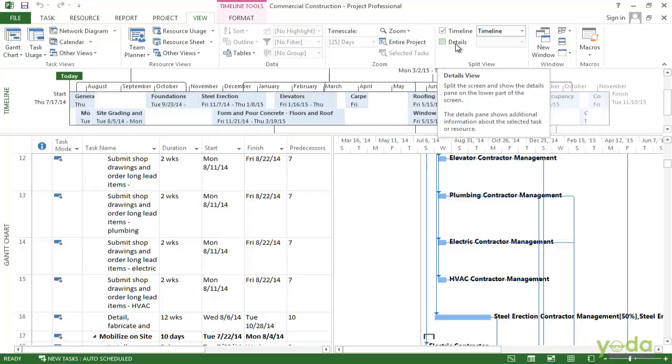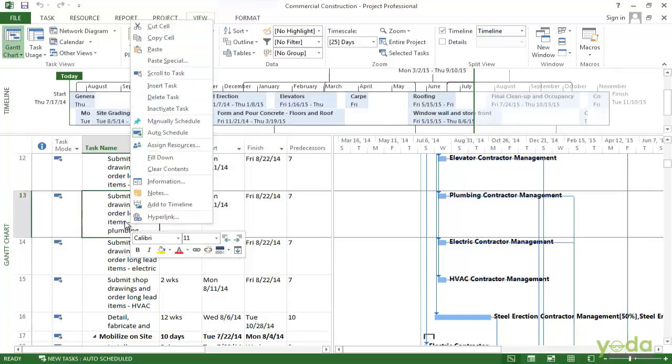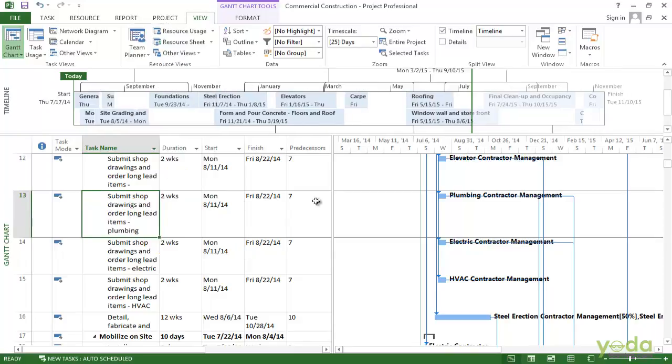It's really easy to add things to the timeline. So let's say we want to add a few tasks to emphasize them and keep our eyes on what's going on with them. All you need to do is just right click the task. Say I want to right click on this task. I want to add this to the timeline. Select the option that says add to timeline, and you will see the bar appears here in the timeline.